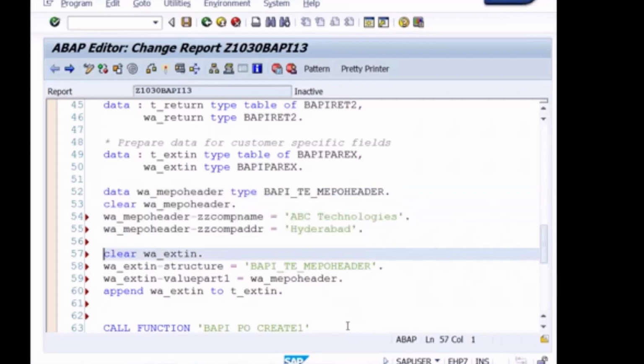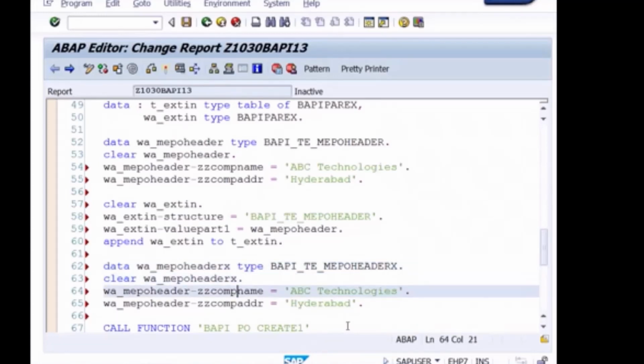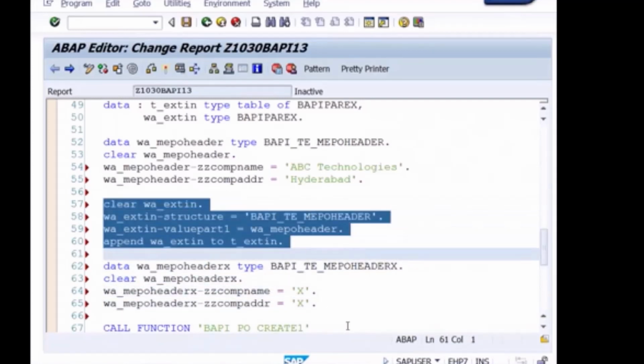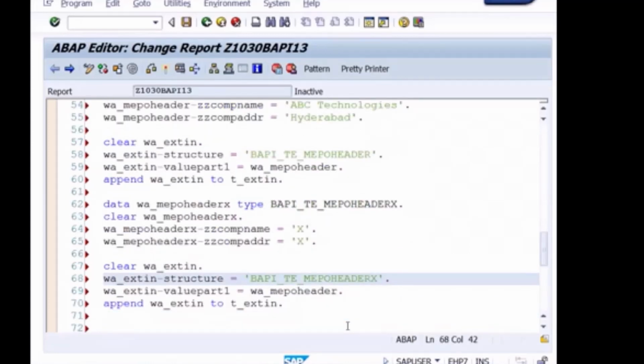Here, what is the other dependent structure? W underscore MEPO header X type X. Almost same. Header X field names are same, but the type is character of one. So I have to say X, and here also X. Then you have to append now. Done. Structure is header X and this is header X. That's all. Understood? So if you are adding the data for item table also, you have to